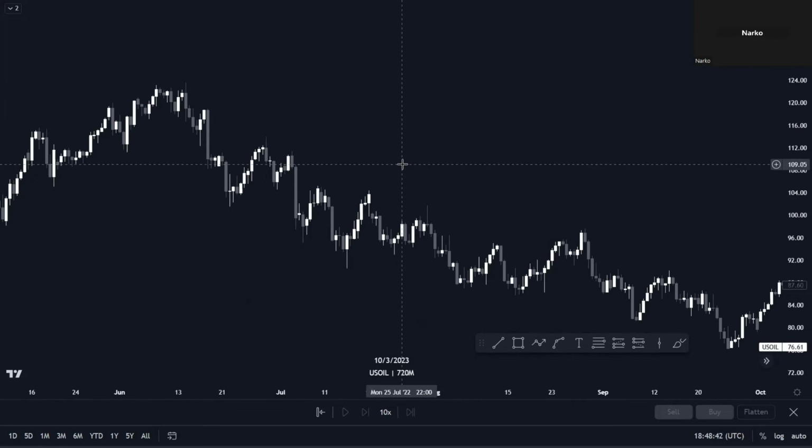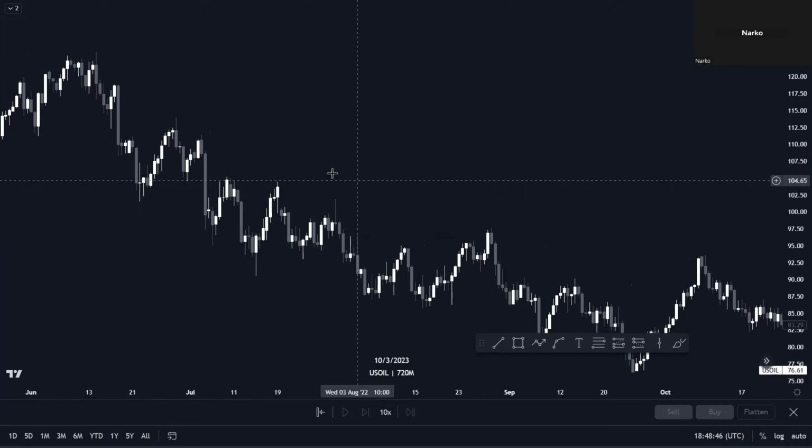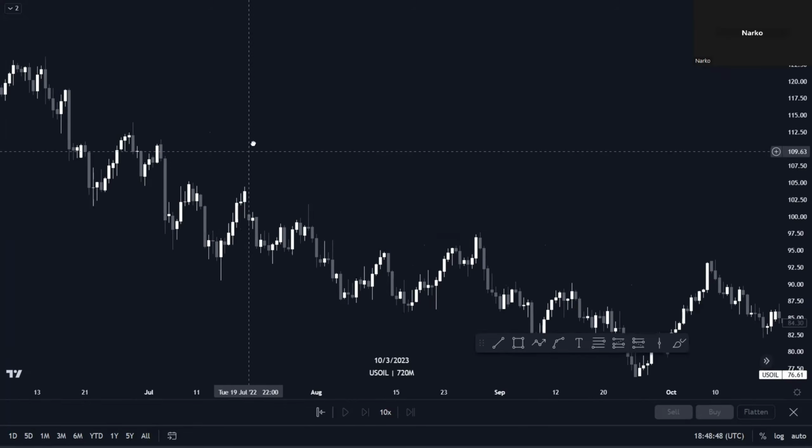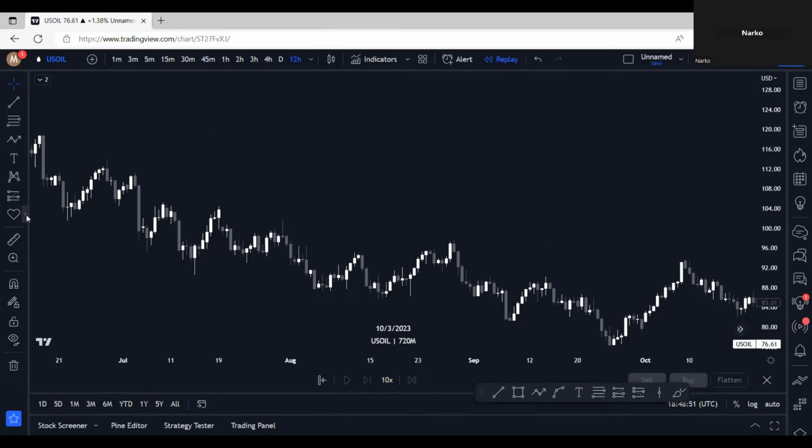Here we have US oil on the 12-hour time frame. As you can see here, price has in a series